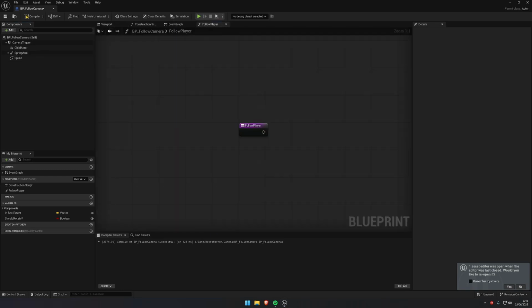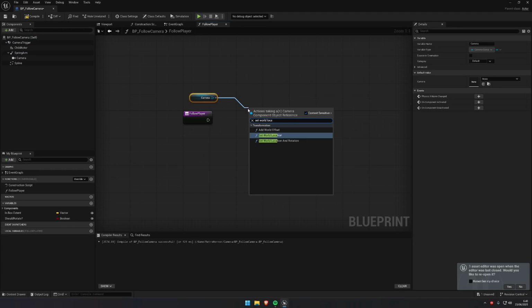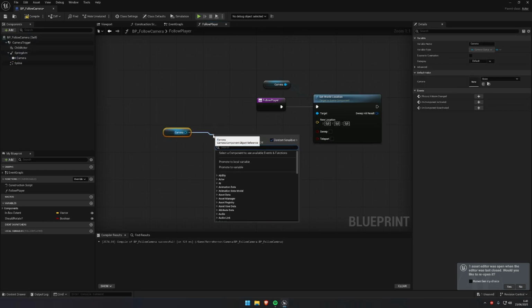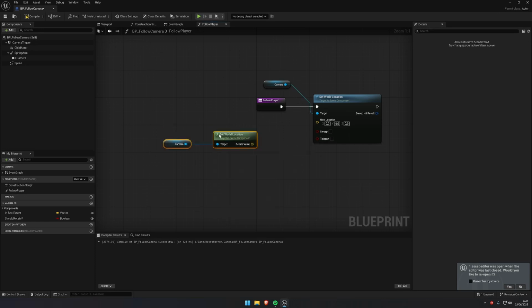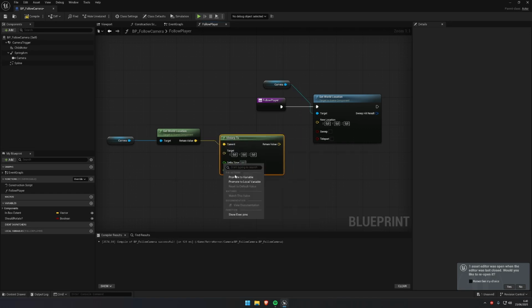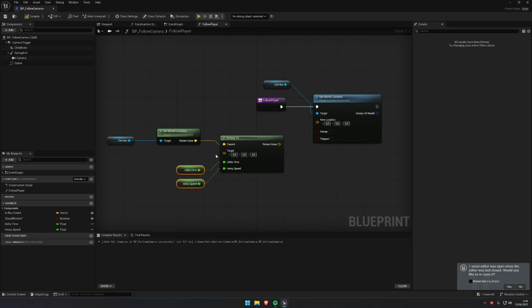Okay, so in the spline follow, first thing we want to do is we want to get the camera here and do set world location. The new location, we're going to get the camera. We're going to get world location. This. Then we want v interp 2. Delta time we're going to promote to a variable. The interp speed we're also going to promote to a variable. The world location target, the v interp here,